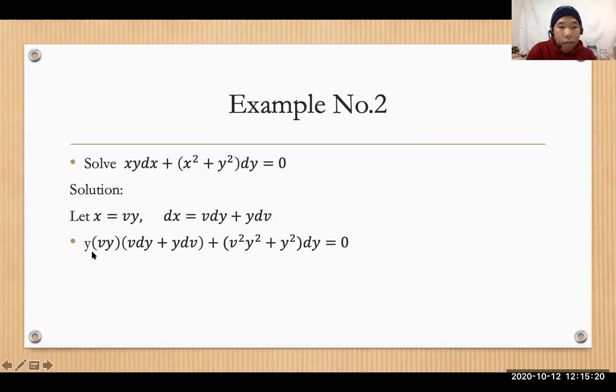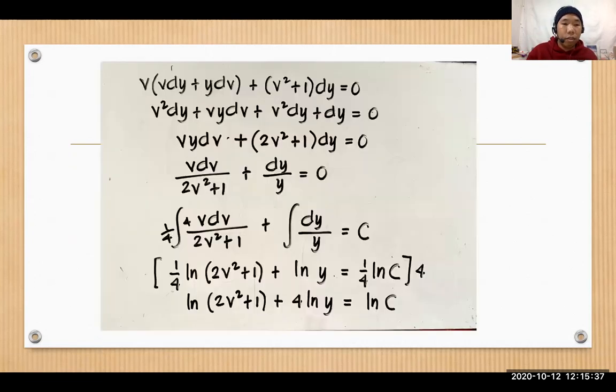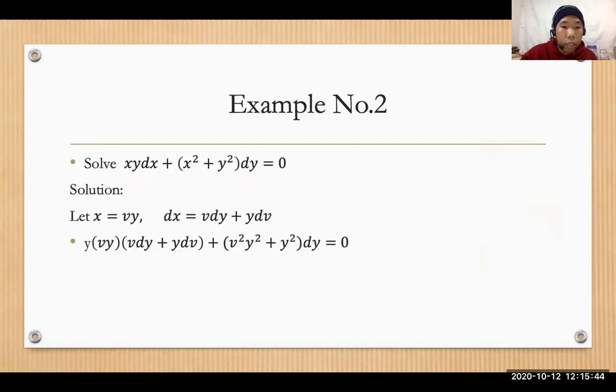Now that we have the variables v and y here, we will try to combine like terms and simplify this equation, leading us to a separable differential equation. Again, the resulting DE will be a separable differential equation. Okay, so let's continue here. So what did I do here? Let me just get a pen so we can